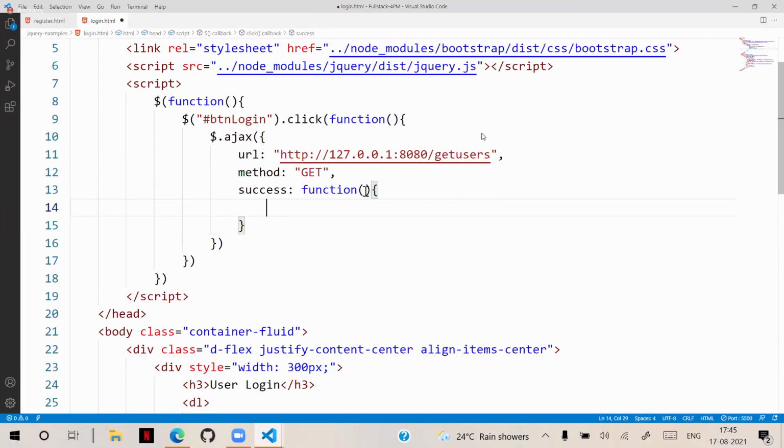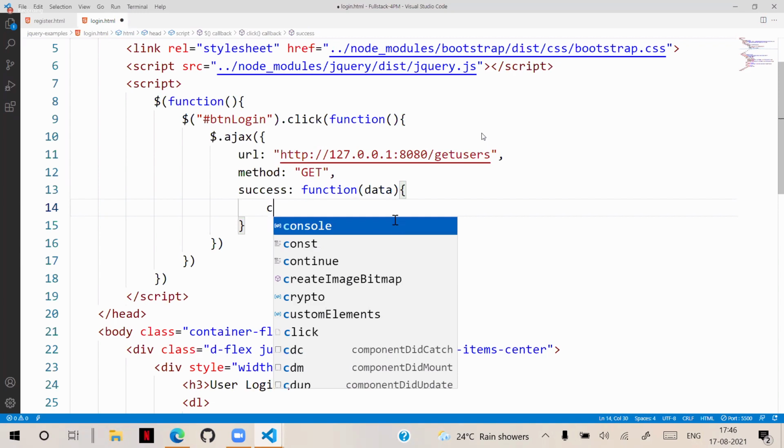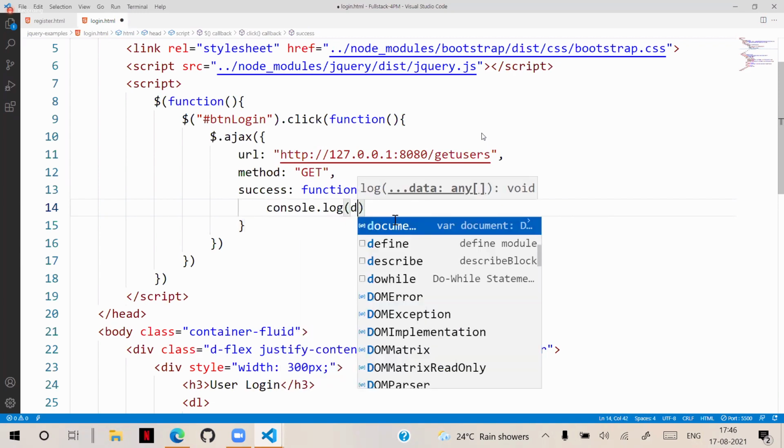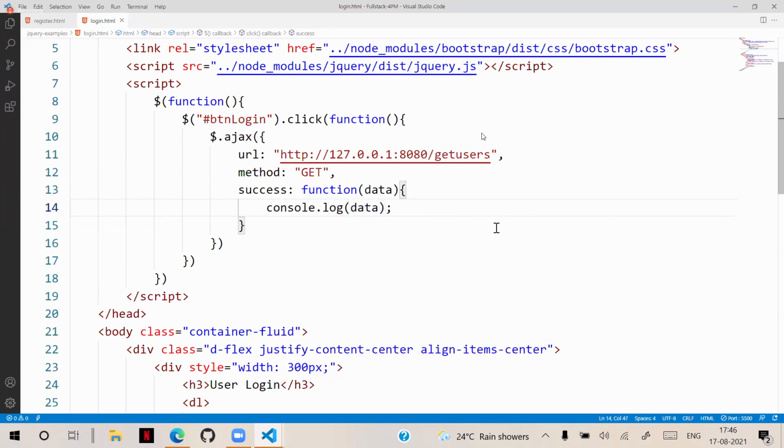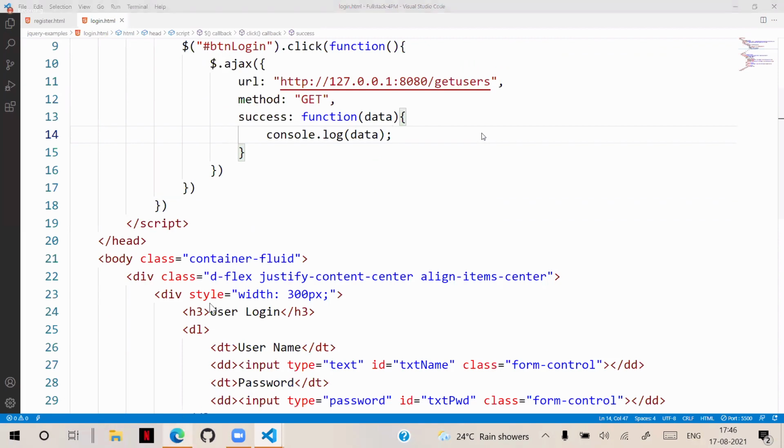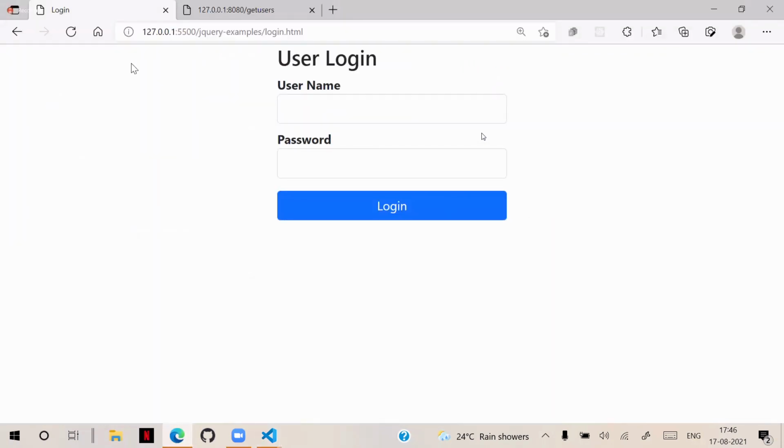By using this callback function, we will get the response data. Whatever data comes, it will come here. Temporarily I'm using console.log(data), just temporarily trying to print that data. Let's check that and see here. What I am doing here is I'm going to inspect. So refresh here.